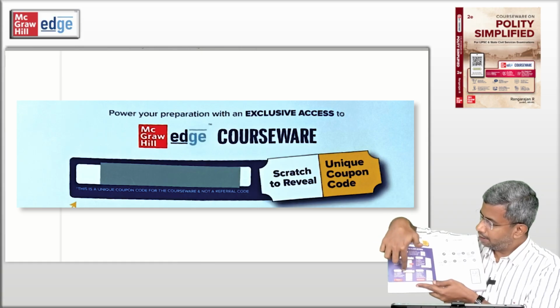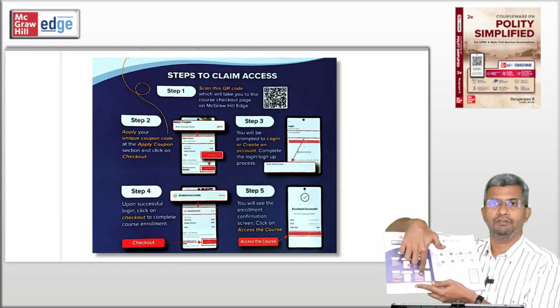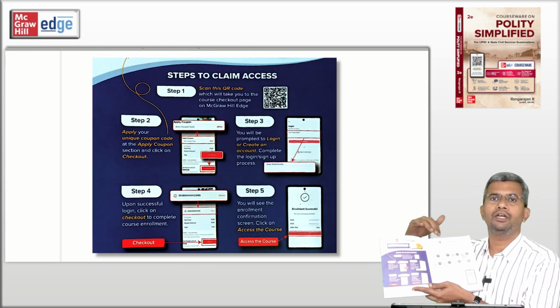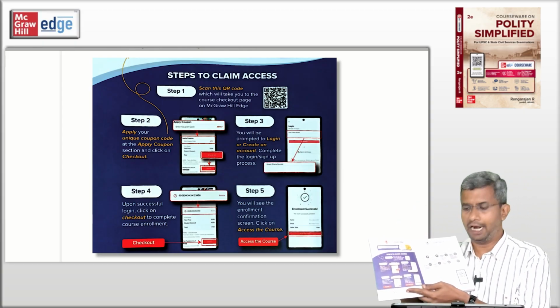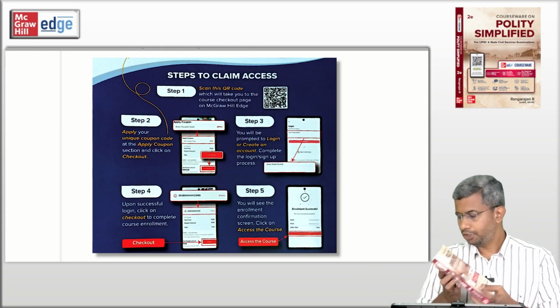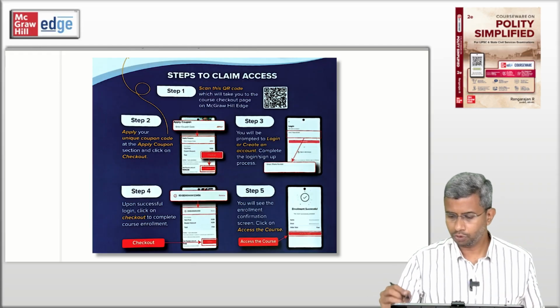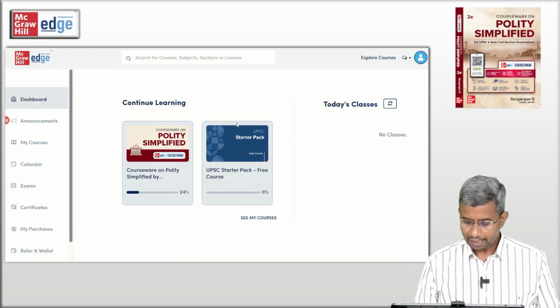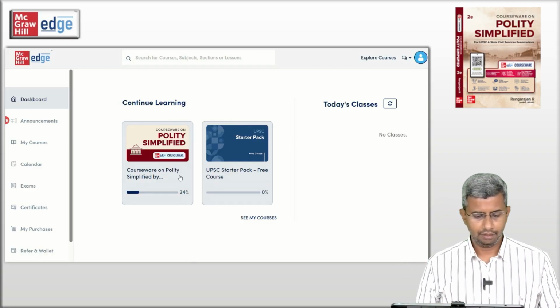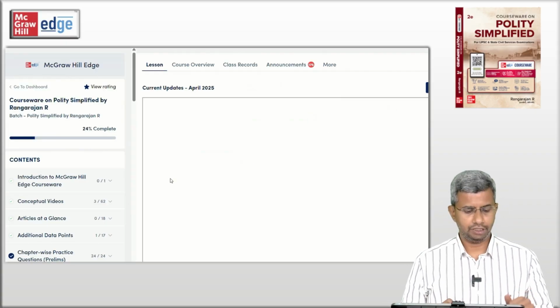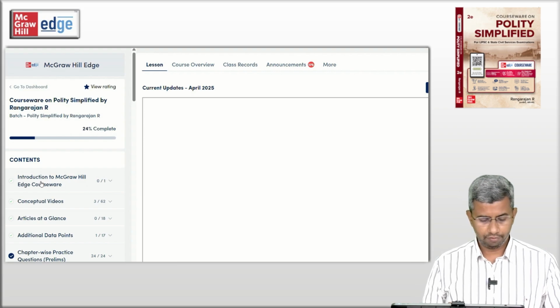Then there are 5 simple steps which you just need to follow, and you register with your mail ID on this McGraw Edge platform. Once you do that, you come to this home page, and this is how you click on Polity Simplified.